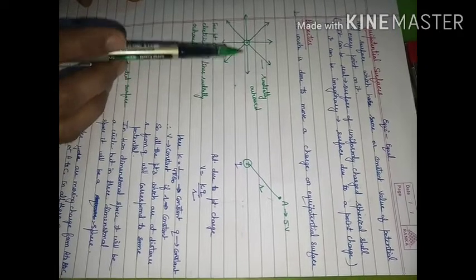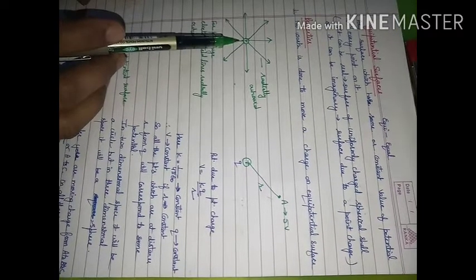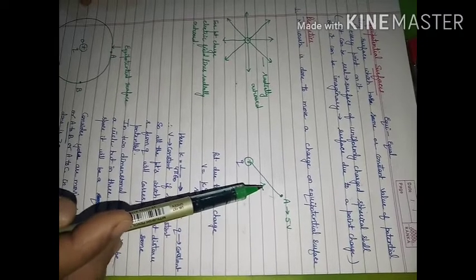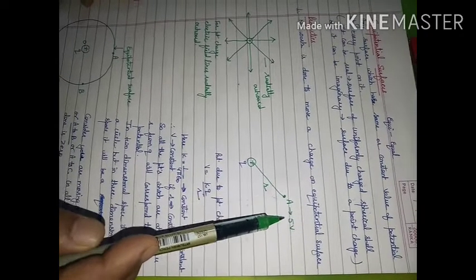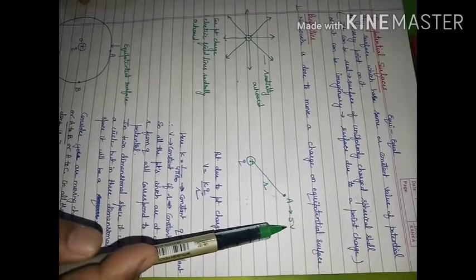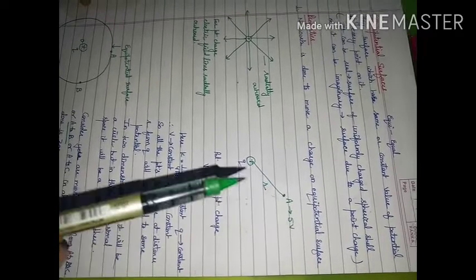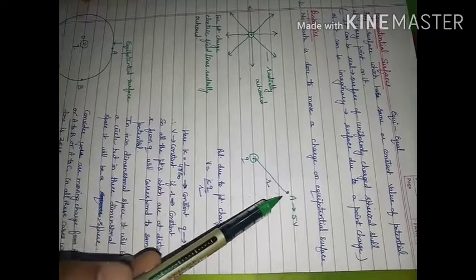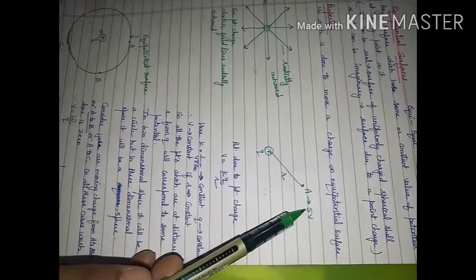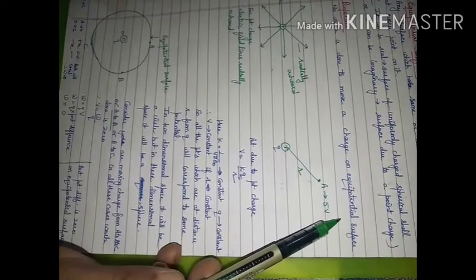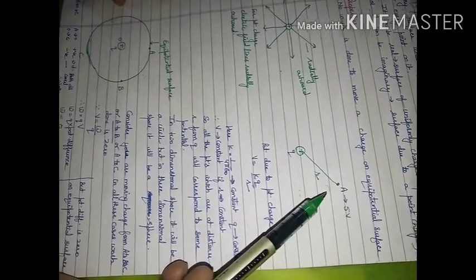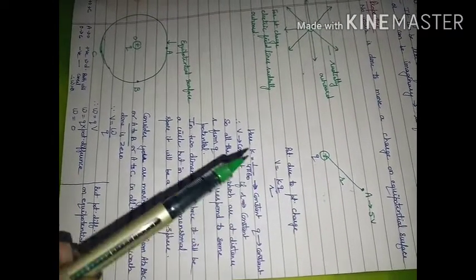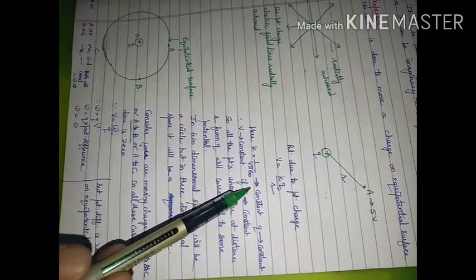Let us consider this positive charge. Electric field will be radially outward, and in presence of this charge, if I consider a distance r, what is the value of potential? Let us consider this potential is 5 volt, and the expression for potential at this point is V equal to kq by r. If you come closer to this charge, the value of potential will increase. If you go away from this charge, the value of potential will decrease. And as we are going to consider this to be air or vacuum, K is going to be 1 upon 4 pi epsilon naught.